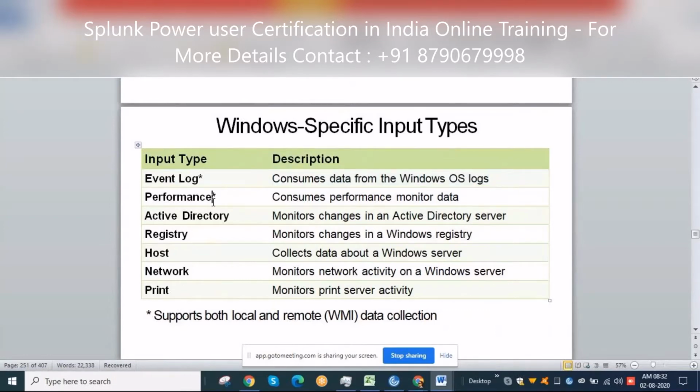In Splunk, as I have shown you, Splunk TA Windows. So if you are trying to monitor the Windows server logs, then you can install the Splunk TA Windows add-on directly, and you'll get different logs like this. Different logs can be tested because it is by default having all these input types. I'll show you.